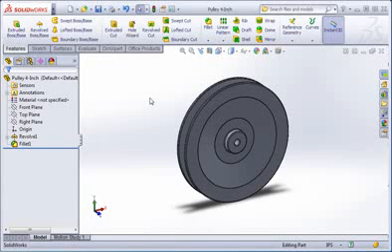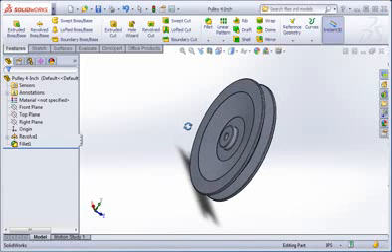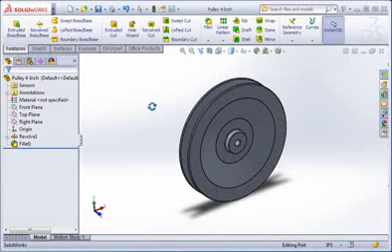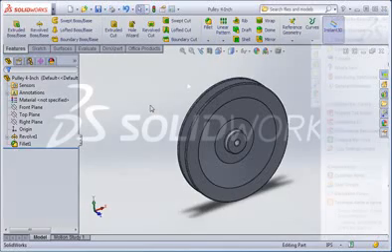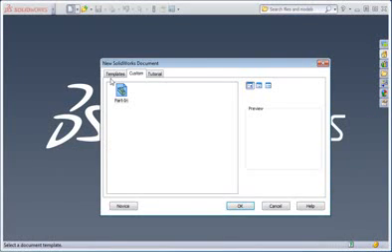Now you're going to practice drawing sketches, and then you'll use the revolve command to create this pulley. Along the way, you'll learn how the template updating process works. As I said earlier in the course, templates are a work in progress. So in this lesson, you'll learn about an improvement you can make to the template we created, and then you'll